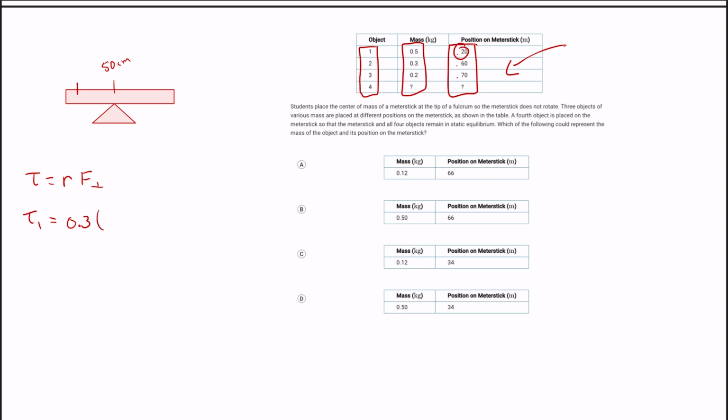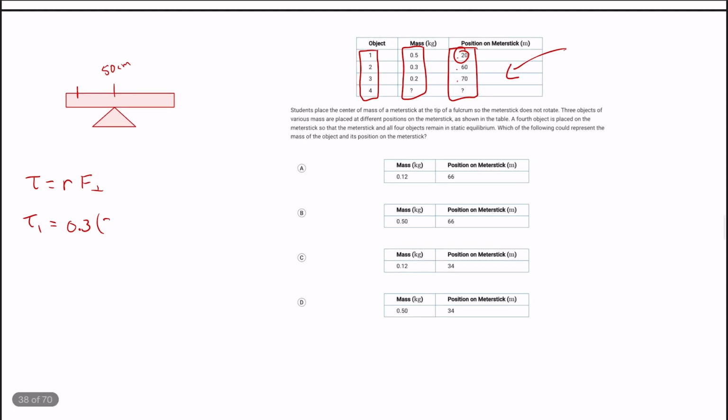All right, and we're going to go ahead and multiply that by the force due to gravity on that object. And because its mass is 0.5, I know that 0.5 times 10 meters per second squared, which is what we're going to assume that the acceleration due to gravity is, will just give us 5 newtons. So we have 5 here. All right, great. So I'll calculate that in a second, but we have torque 2, which is going to be